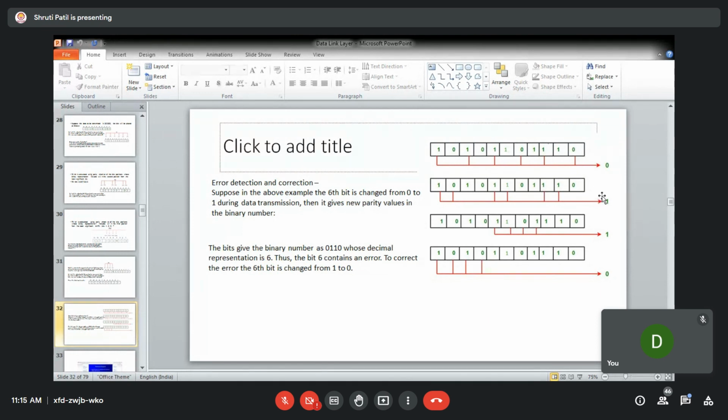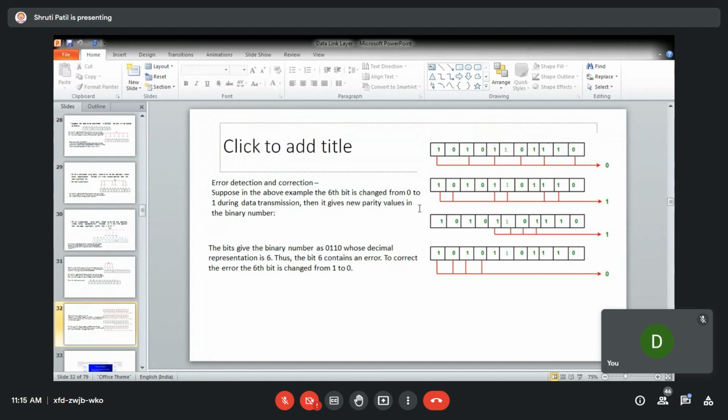When you calculate R2, you can see this is 1, 2, 3, 4, and 5 ones. So R2 should be what? Actually, 5 ones are there, but when you remove this R2, this is 1, 2, 3, and 4.